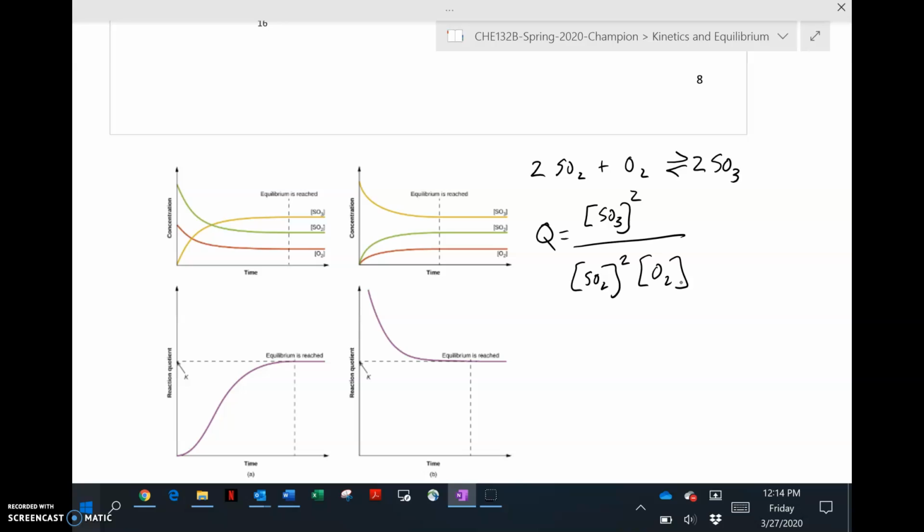And if we calculated that value right at the point where you are at equilibrium, Q will be equal to the equilibrium constant at that point. And so this graph down here, the bottom one here, is saying this is the reaction quotient, and saying that at a certain time the reaction quotient equals this K, which is right there. So at this point, Q is equal to K, or at this point over